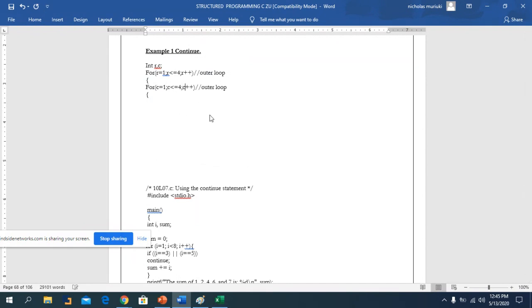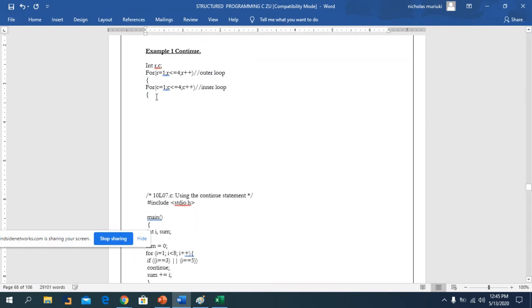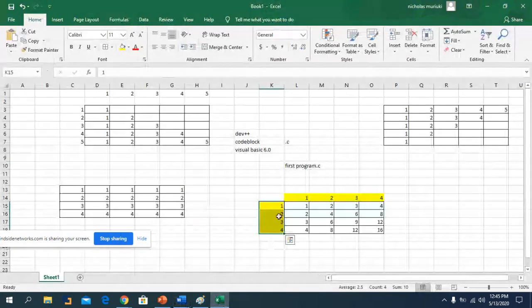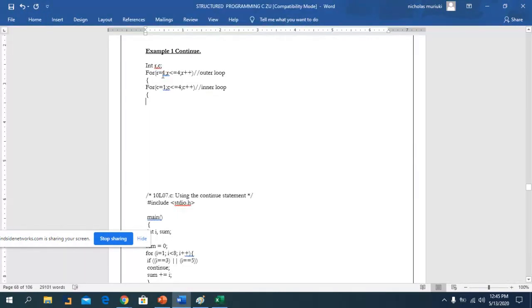Introduce a column. Now this becomes an inner loop. Then after that, remember what we have done is that we are multiplying rows and columns. And because we are multiplying rows and columns, now we have to introduce rows and columns. So allow me to introduce a variable that is called result here. And then we can say result is equal to rows multiplied by